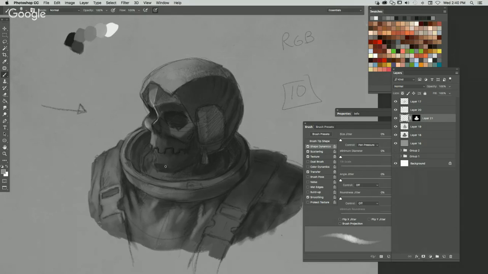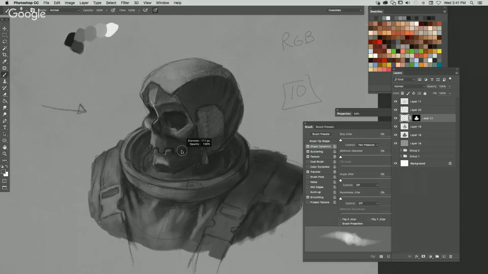But if you wanted to bring a subject matter forward, use lighter values against a darker value. So let's say I wanted to bring out this chin area. I'm going to add in some of this high value section. You can see how that contrast brings it forward. It's kind of hard because I'm trying to draw under the line art right now. So when I do the pass over the line art, that's when you'll see it even further. But always work your values to your advantage, and you'll see how easy it is to push and pull subject matter forward or backward just through simple adjustment of values.